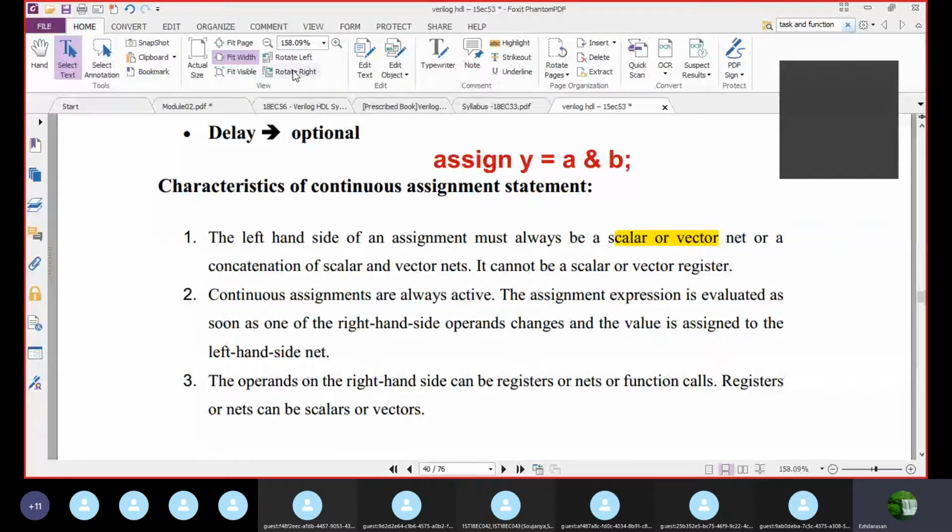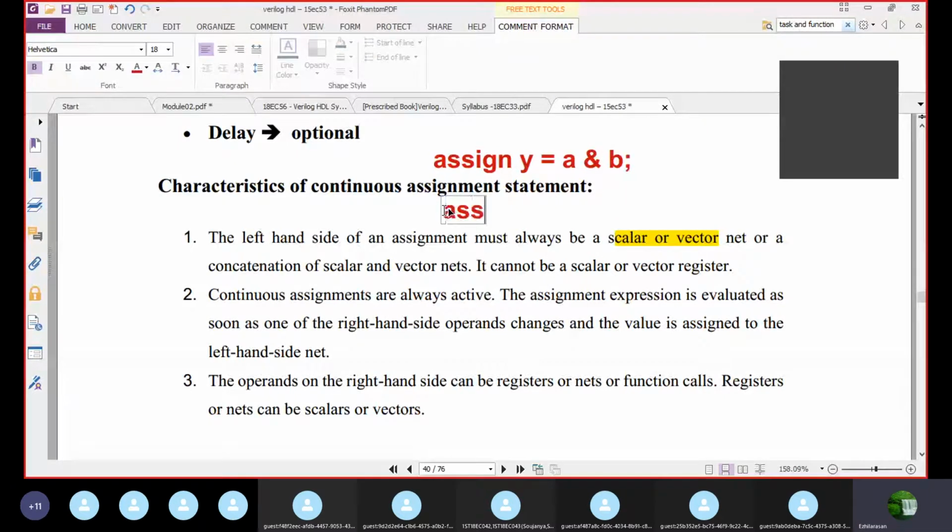So it can be like this also. Sometimes, assign, I will open the concatenation operator, y comma x is equal to A and B. Even I can write like this also.